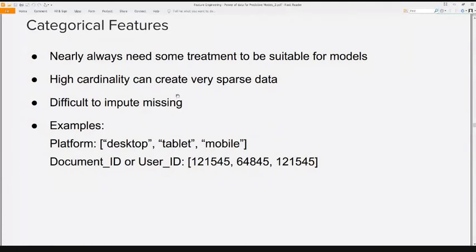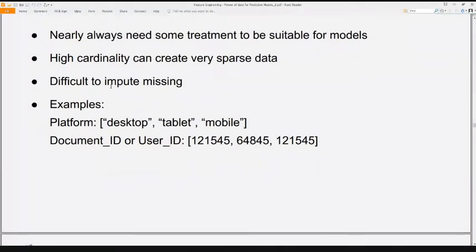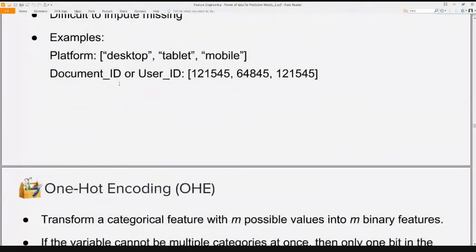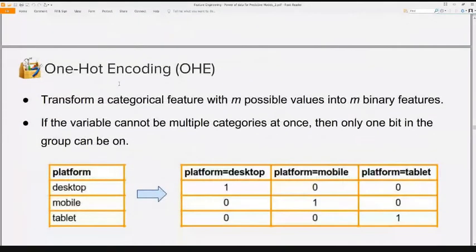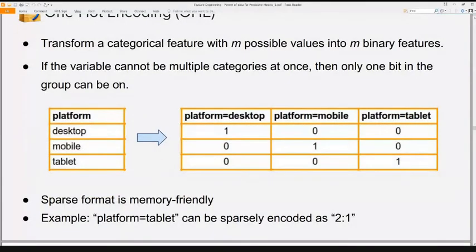High cardinality can create very sparse data, and they are difficult to impute missing values. So one way of dealing with